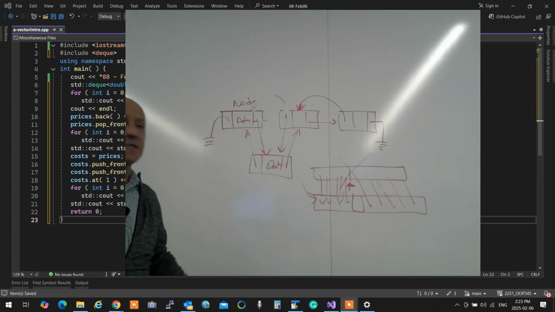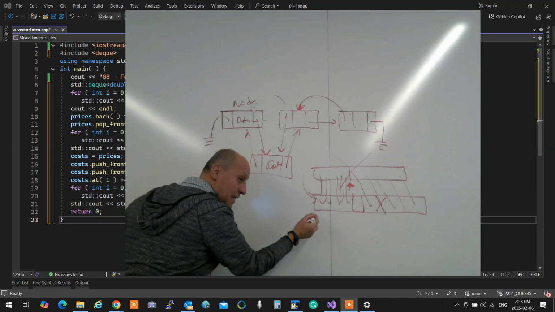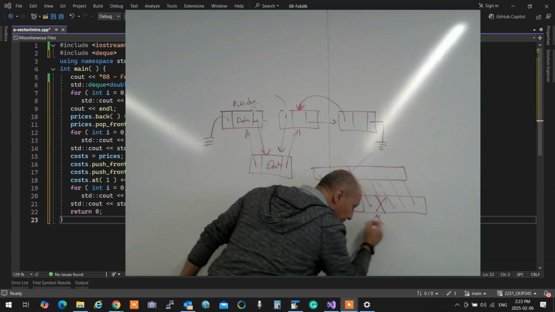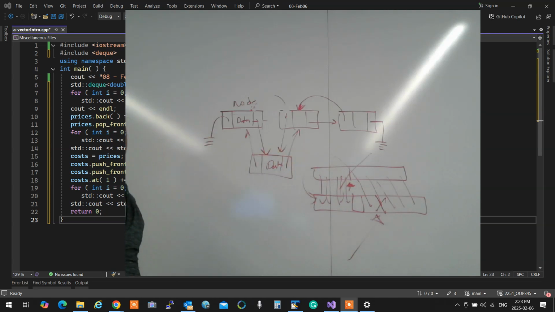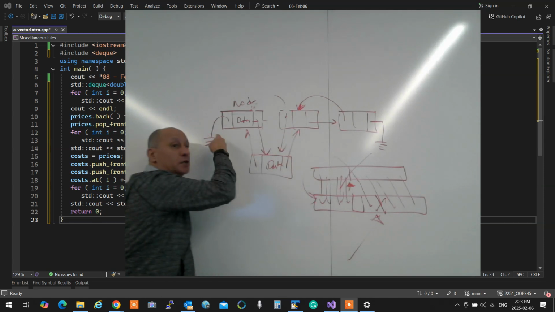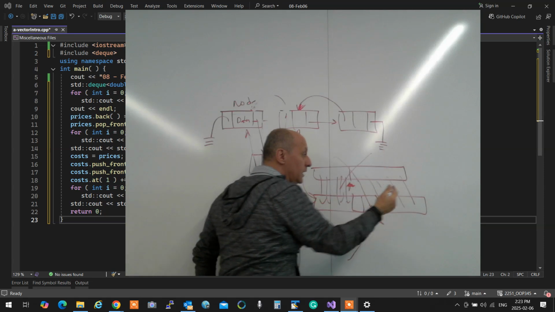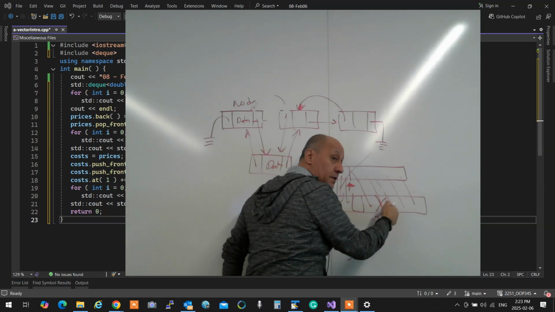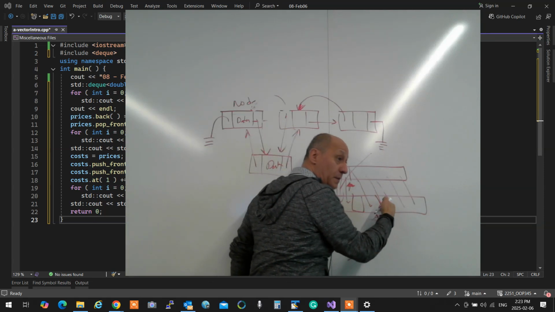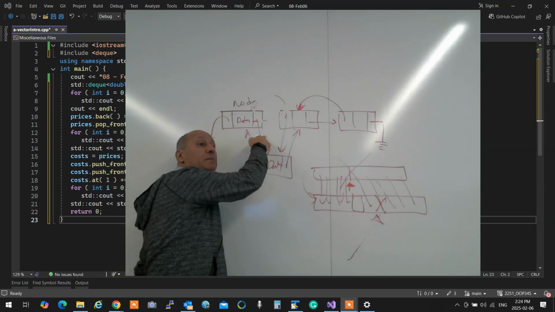What is the difference? The difference is that if I want this element, using the address of the beginning, I can jump to it in a fraction of a second. In this one, if you want the fifth one, you have to start from the beginning and keep counting. So, faster, sucks with respect to memory. Perfect with memory, extremely slow.